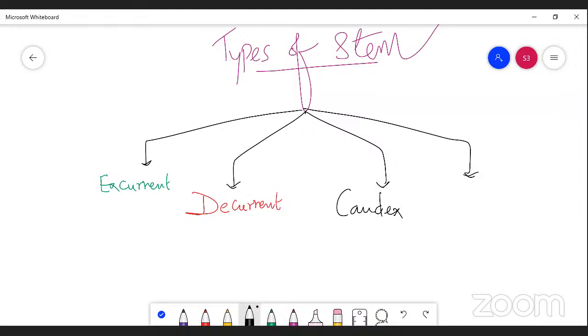And the fourth type is culm. These are the types of stem. Excurrent stem means